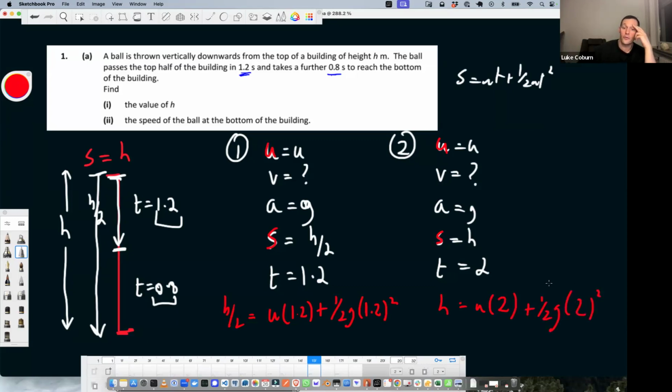Now, what we do now is we actually just solve this. So we have 2 equations, so equation 1 and equation 2. We have 2 unknowns in the first, and we have 2 unknowns in the second, and they're the same unknowns, so we can solve this. And actually the simplest way to solve it is just to multiply the first one by 2, then I'll have H on the left-hand side because that will cancel off, and then I'll just take whatever I have here and sub it in for that H there, okay? So that's just like solving then the,